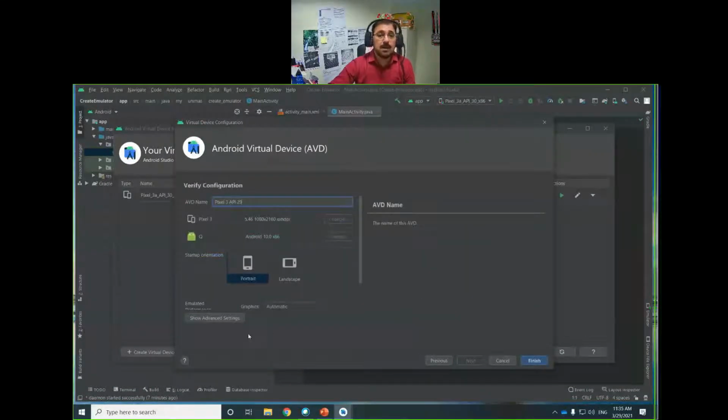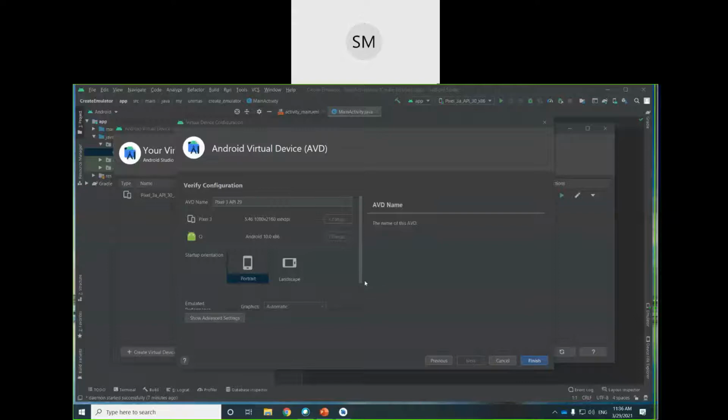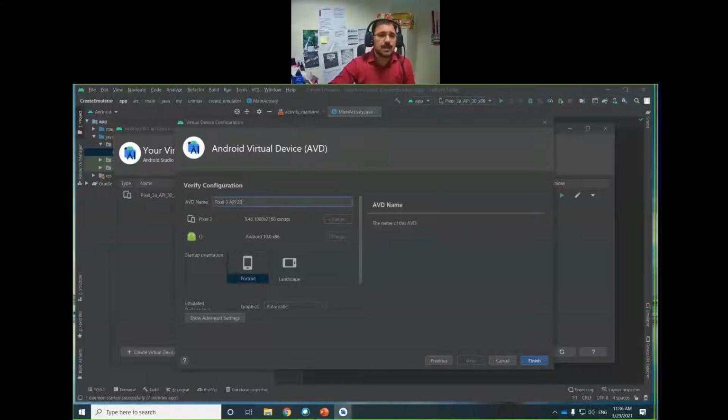Then click Next. The emulator should be in portrait or landscape. Here you can give a name to this emulator if you want. The default name will be something like Pixel 3 API 29.